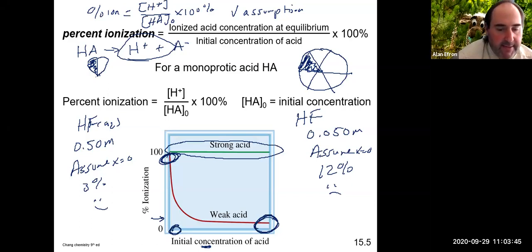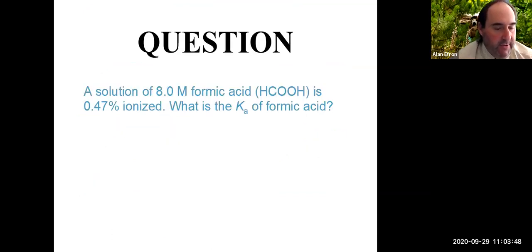So let's take a look at a problem that involves percent ionization and a way we can work it out here. We have a solution of formic acid that is 0.47% ionized. In this case, we're actually looking for the Ka value. We're going to approach this the same way as a normal weak acid problem. Obviously, this is a weak acid because we're looking for a Ka. Otherwise, it would not be a weak acid. So we're going to start the same way. We're going to do our HCOOH. It's going to break apart into H